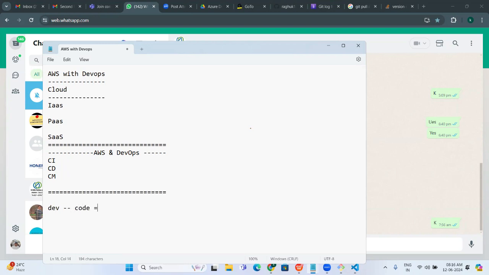Some testing happens. Previously, once development was done, it went to testing. Testing done, then they find the bugs. Again it goes to the developers, and again they try to update. That we call the waterfall method.